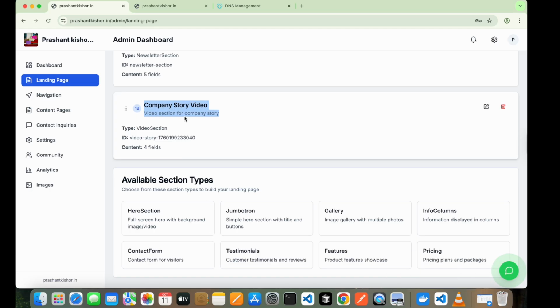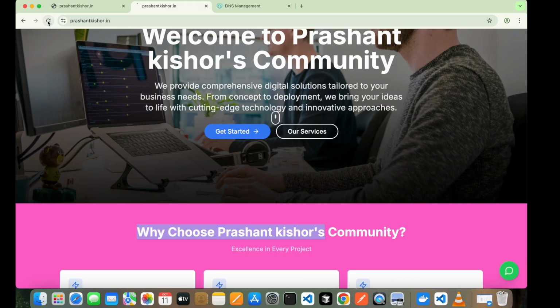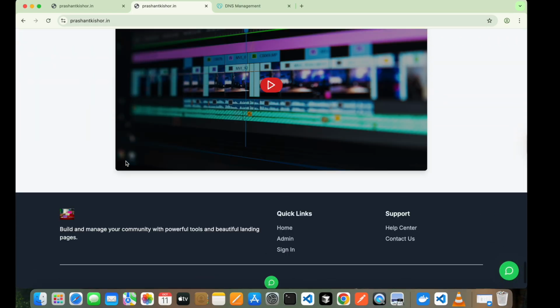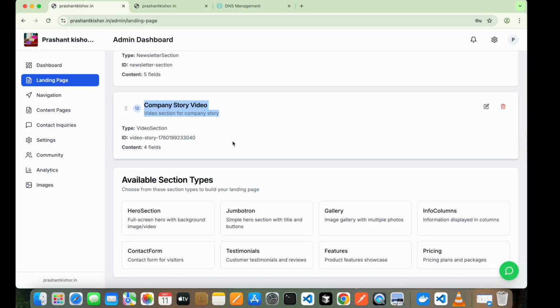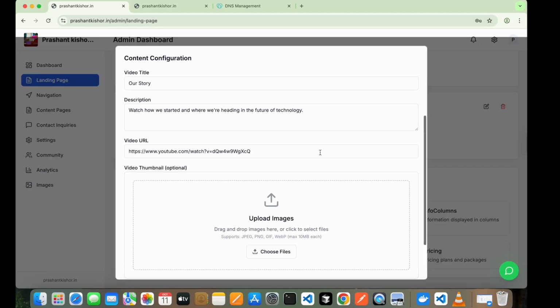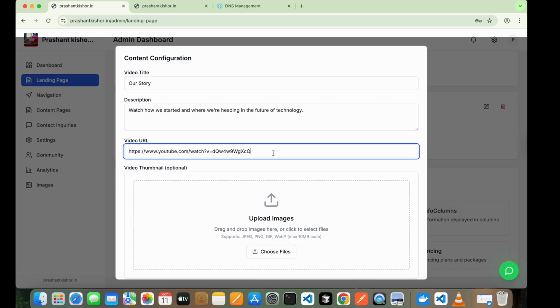This section is now added in my domain, in our website. Now if you reload the page, you will get the video section at the bottom. Yeah, now I'm able to see it. If we want to configure what we want to show in the text, we can also configure that, and whatever link we want to show in the video, we can configure from here. We just need to click on this edit icon, and we can pass the video link. We can pass any YouTube video link over here, and